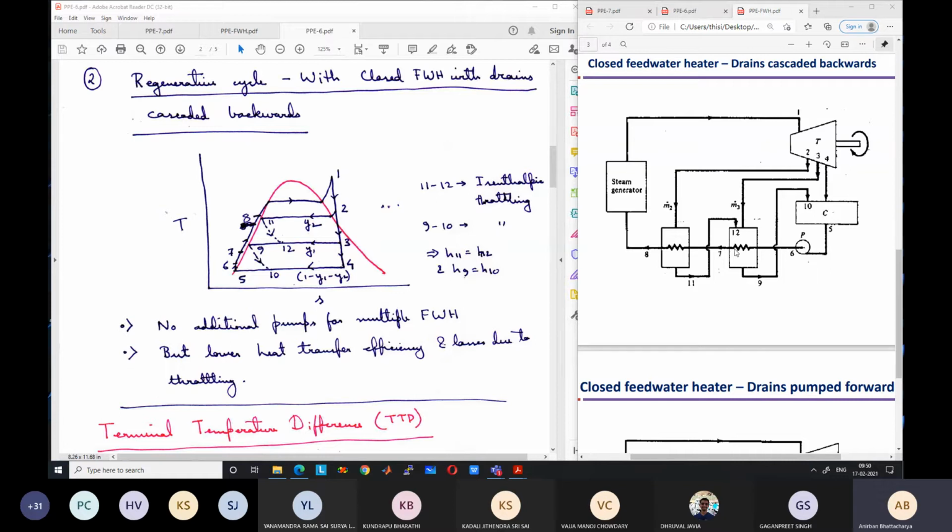The pipe diameter obviously will not change here because it is liquid water. The volume does not change much. But in the steam generator, the number of pipes is actually different. We are not showing that here. When we study boilers, I will show there are a large number of pipes because some amount of vaporization occurs.